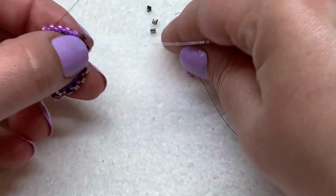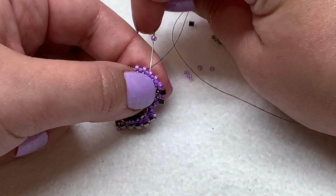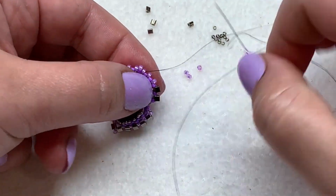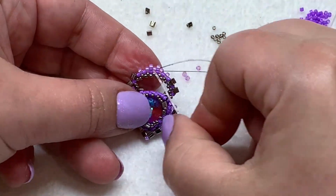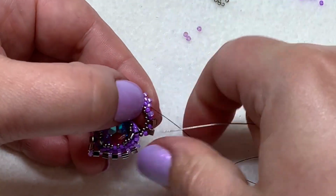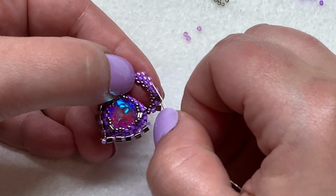Now we're just going to form a little peak up here, and we're going to pick up one 11-0, go through the next 11-0, pick up one 11-0, go through the next. So we have that, and then we want to pop one more in right in the center. And then we'll just do a turnaround right here to get to the space where we can add one to